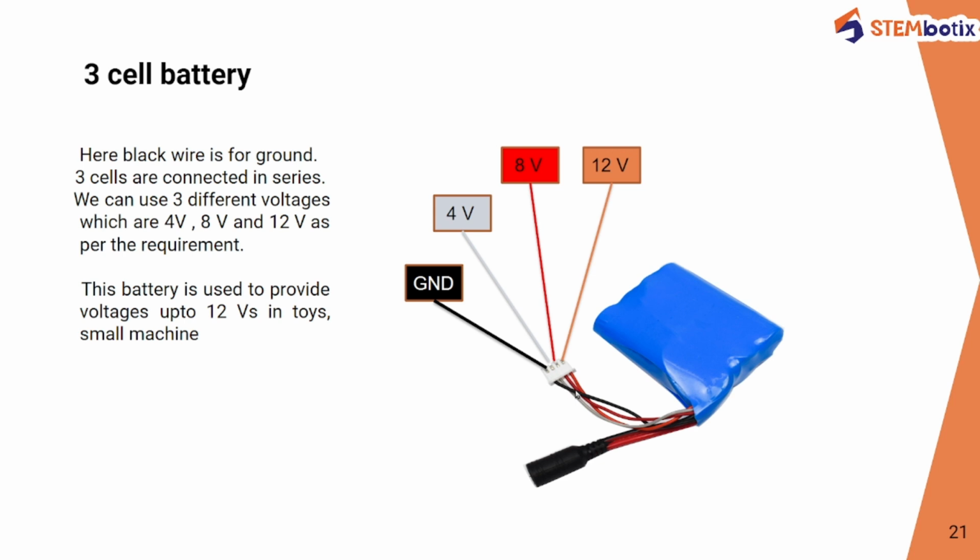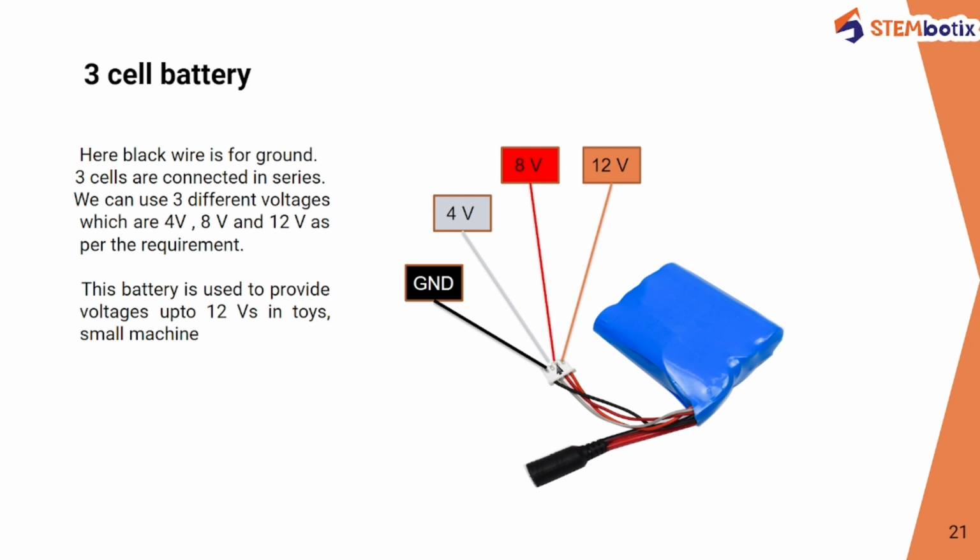Now particularly this black wire suggests the ground connection. Then after that there is 4 volts. Using this ground and the 4-volt pin you can have 4 volts. If you require 8 volts, then you can connect your circuit between this point and this point,